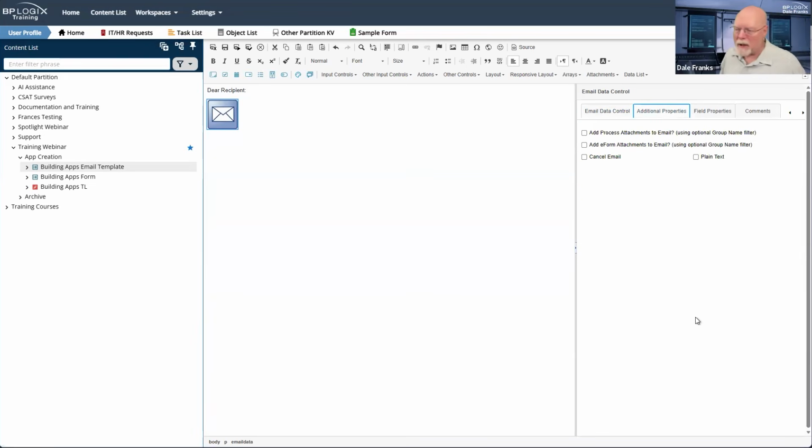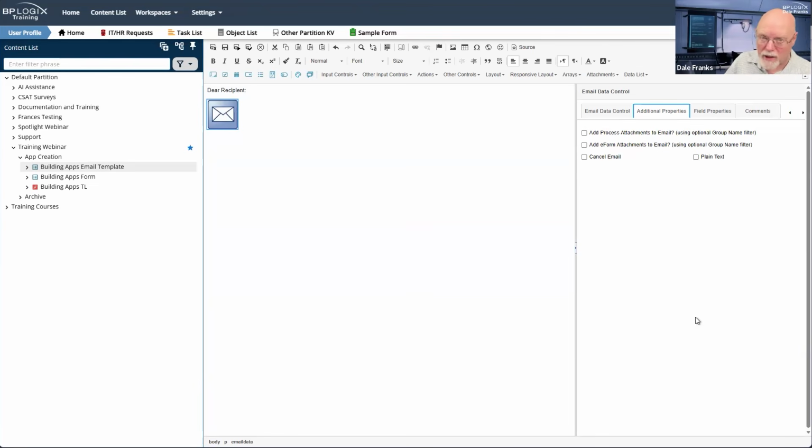The additional properties on the email data control are actually quite important. If I have document attachments, do I want to send those document attachments as part of the email? Sometimes you do, especially for a final disposition email. We're not going to do it this time because it would require that we go in and change our timeline and have to build in a convert to PDF, a custom task activity. But sometimes what you want to do when the process is over on your final disposition email, you want to just send them a PDF of the form so that they can see it in its final state.